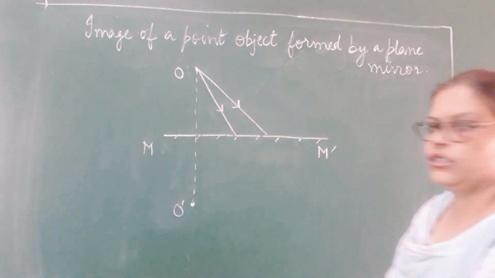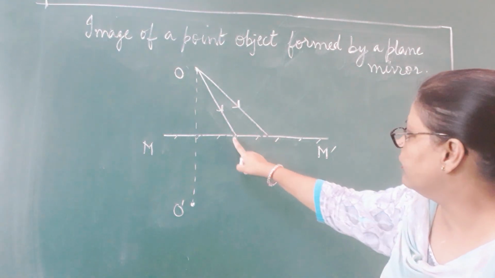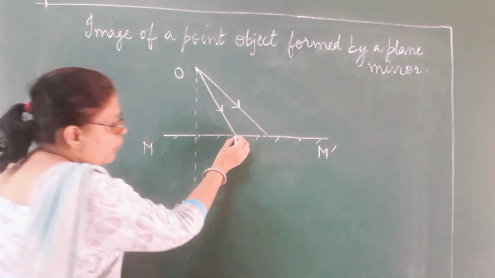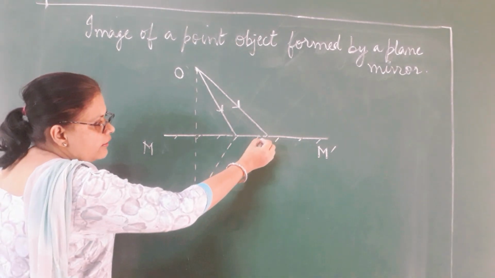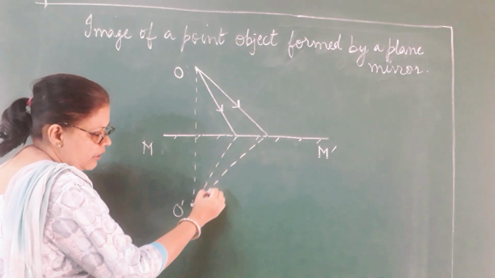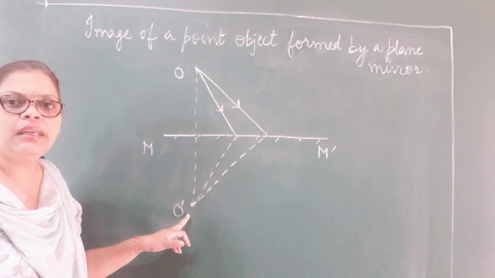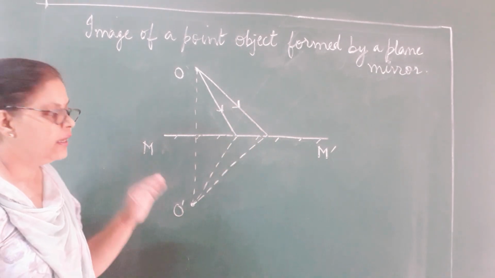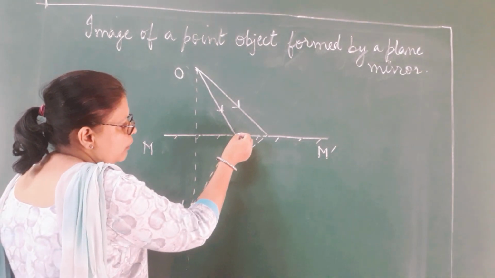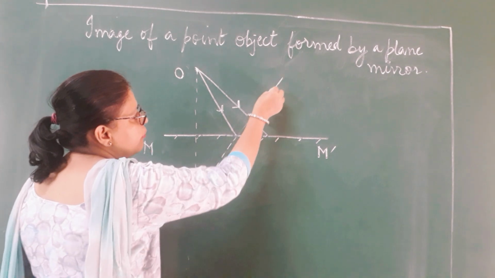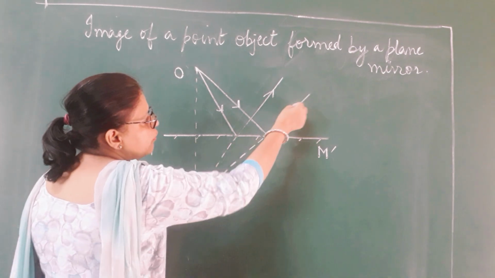Okay. After this, the next step is, you can see that the rays are striking at this point and this point. Now from this particular point, you will pull back the 2 rays so that they meet at O dash. You can see I am drawing it. You will follow my instructions. You will pull back these rays so that they meet at O dash. Right? Now, finally, you will keep your scale on this dotted line and you will pull back the dotted line straight upwards with the arrow. Similarly, this dotted line has to be pulled back straight upwards.